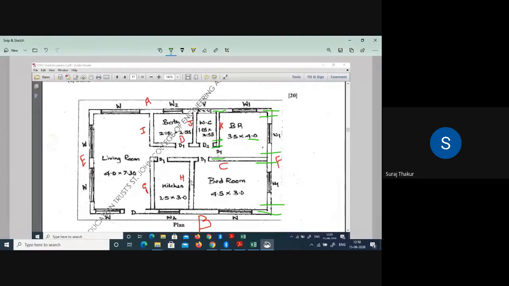Short wall length is the same as your bedroom, that is of 4 meter internal, center to center it will be 4.3. Both the sides you have to deduct, and in between D2 is joining where one wall is joining, that wall also you have to deduct. Therefore it will be 4.3 minus one side is of 1, in between point is of 0.7, and both the sides it is of 2 into 0.7 divided by 2.